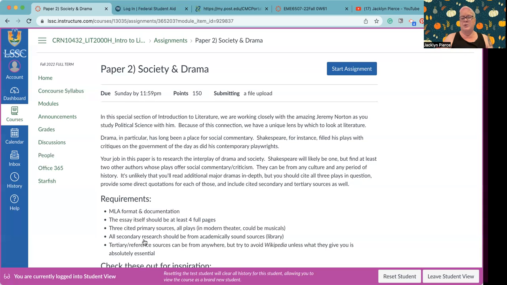Every new stage production might have new components based on what's going on in the world at the time that it's being produced. So it's a loaded situation with culture, with social issues, with politics, and with drama.